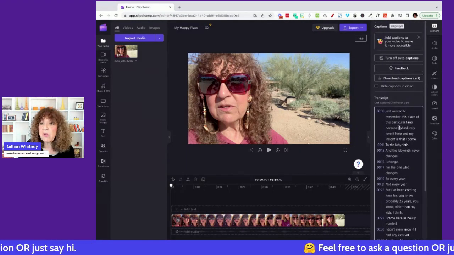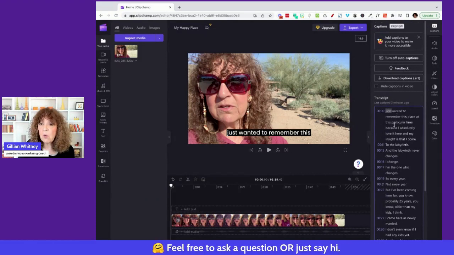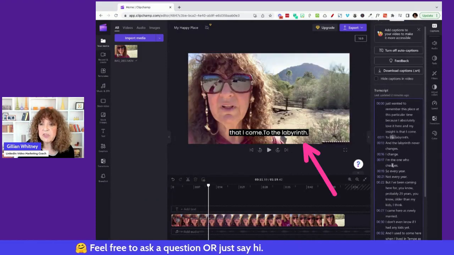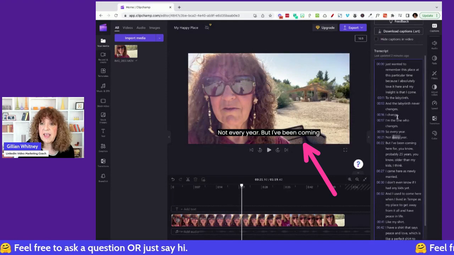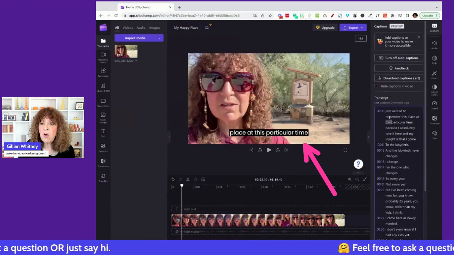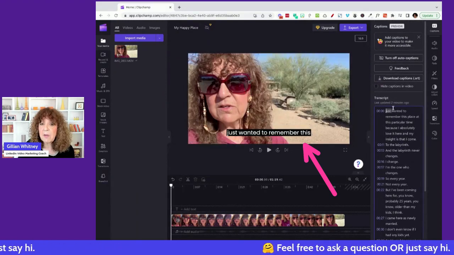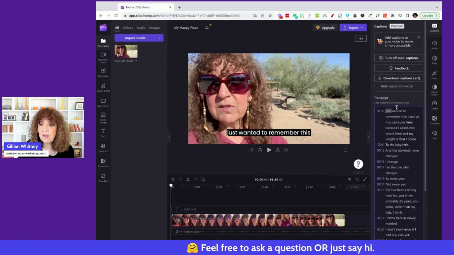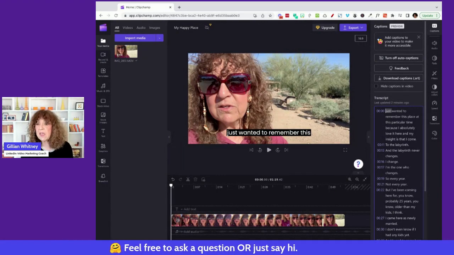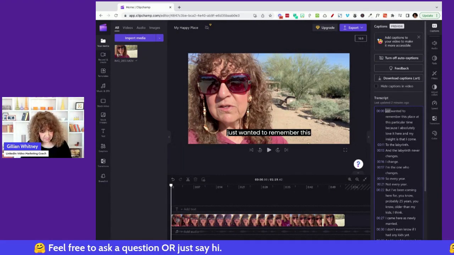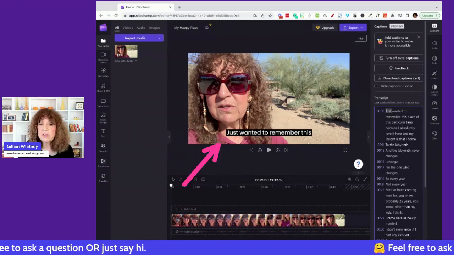And I can go through here and anything that I want to clean up, like for instance, wherever I click, that's going to show up on the screen. Are you seeing that as I click through? So if I go up to the very top and I want to get that first word, I'm like, okay, I'm picky. I want it to start with a capital J. So now it starts with a capital J.